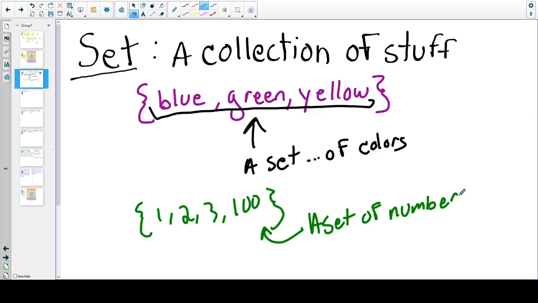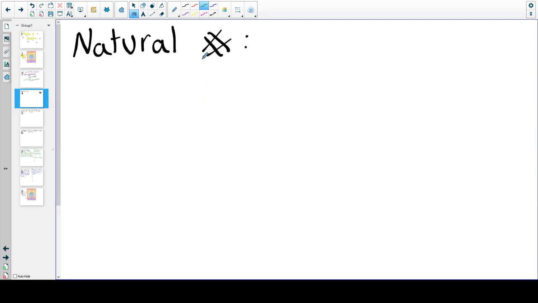Okay? The idea is a set is just a collection of stuff, and that collection of stuff we put inside of brackets, like a little home. Okay? So now knowing what a set is, let's jump into it. So natural numbers are, I think this is the best way to explain it, are just numbers